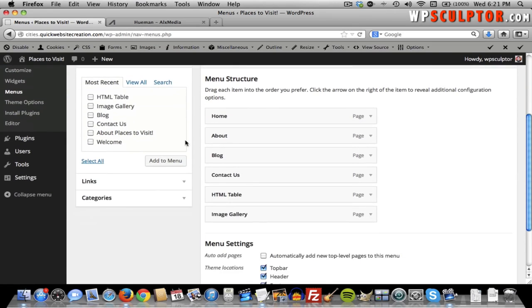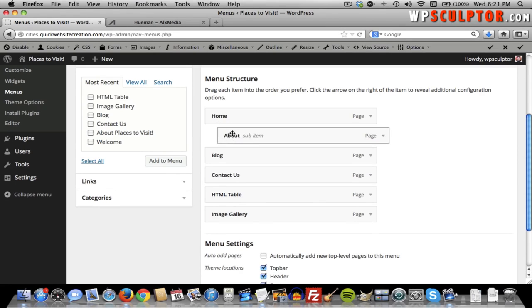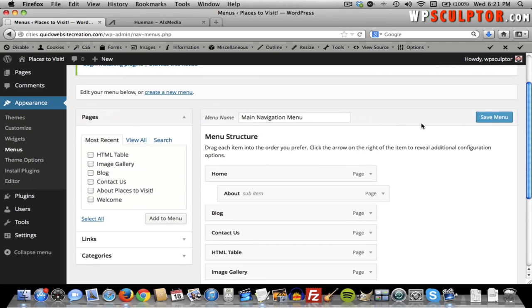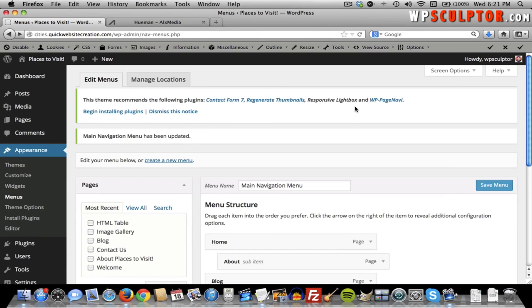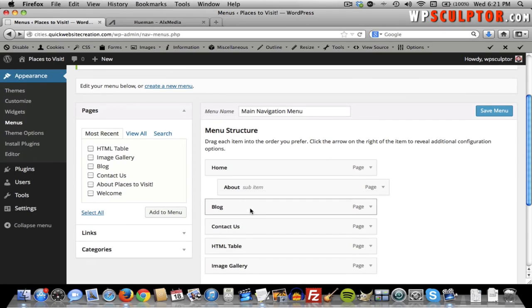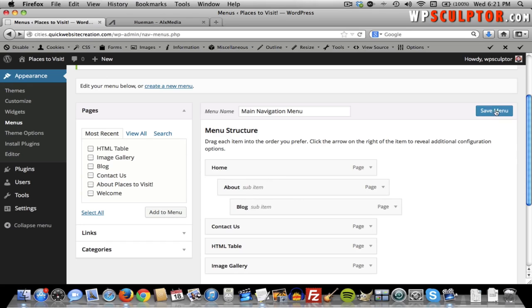Let's say, like I said earlier, I wanted the About page to be a drop-down menu of my home page. I could move it over that way underneath the home and then click Save and go back. And now the About's not appearing here, it's appearing when I hover over Home, so I could access the About page there. If I wanted a double drop-down menu, a drop-down within a drop-down, I could drag that over just like that. So now when we save that,